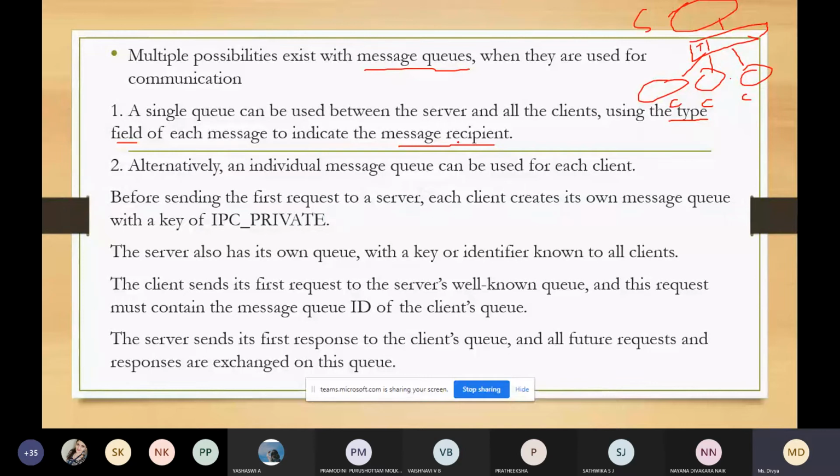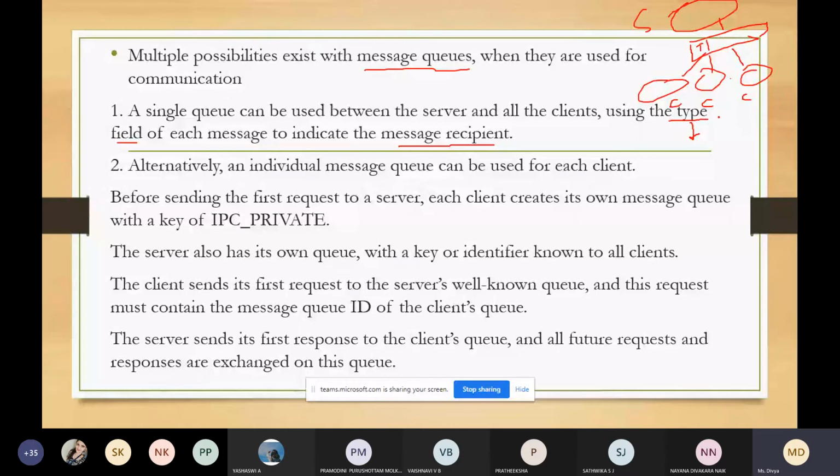For example, the client can send its request with the type field of one. Included in the request must be the client's process ID. So the client should tell its process ID. The server then sends a response with the type field set to the client process ID. So what is this type field actually? It is nothing but the client.